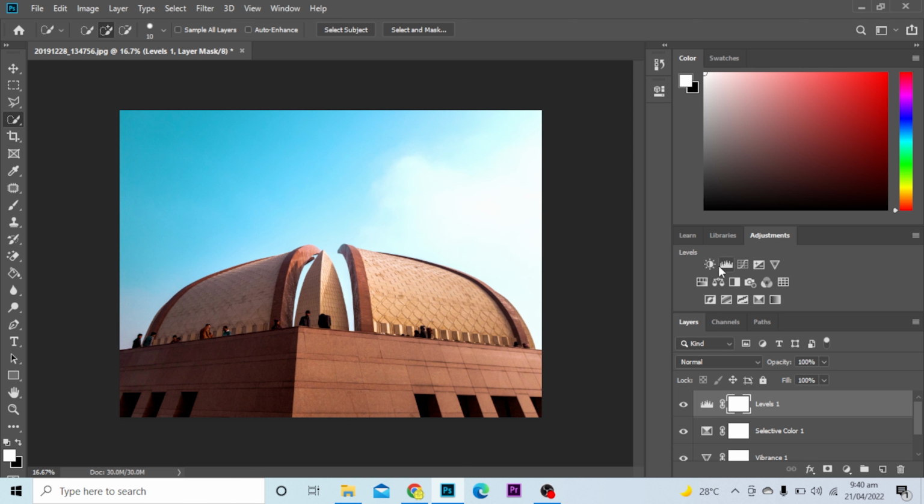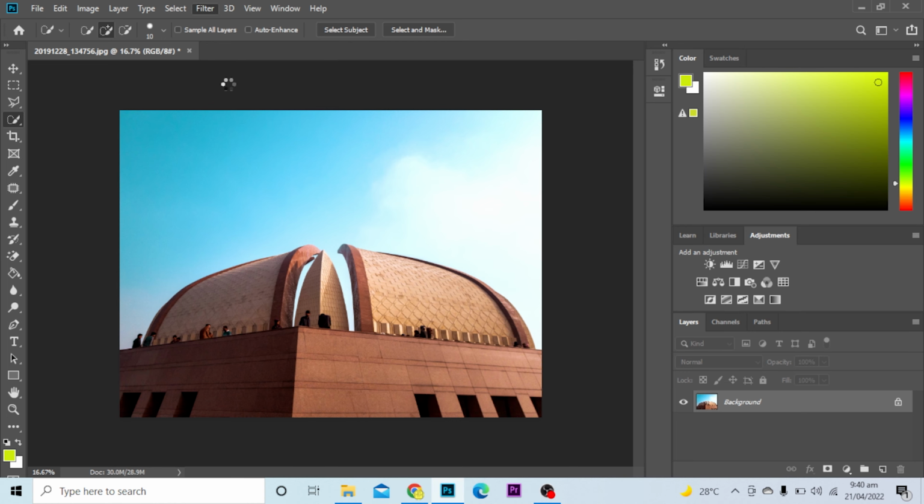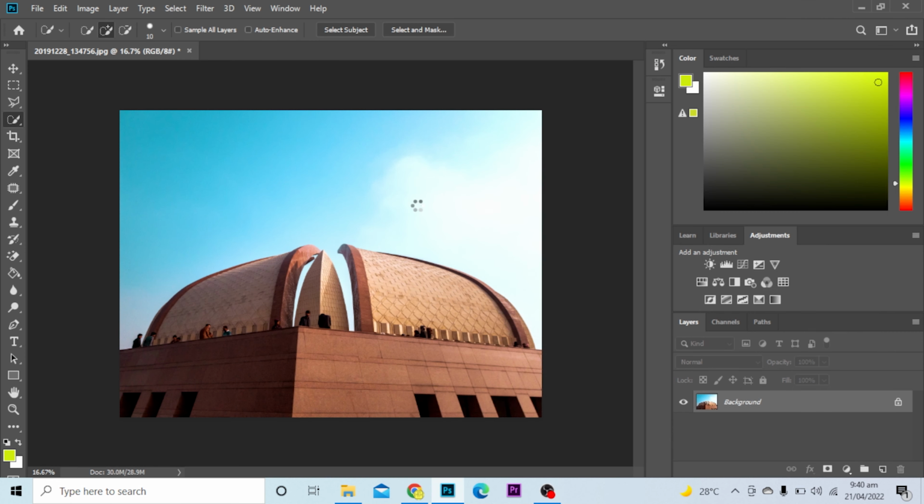So you can play with all of these things in order to edit the photo. And then another thing that you can do is you can simply go to this filter option and select Camera Raw filter, and here you can also edit the photo according to your need. So this is how you can edit a photo in